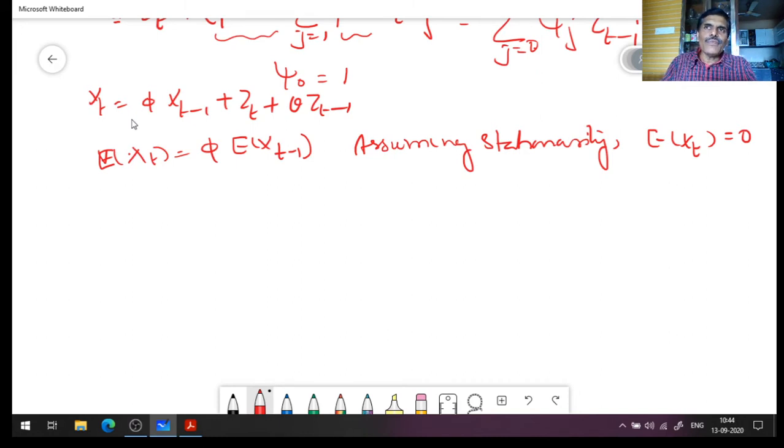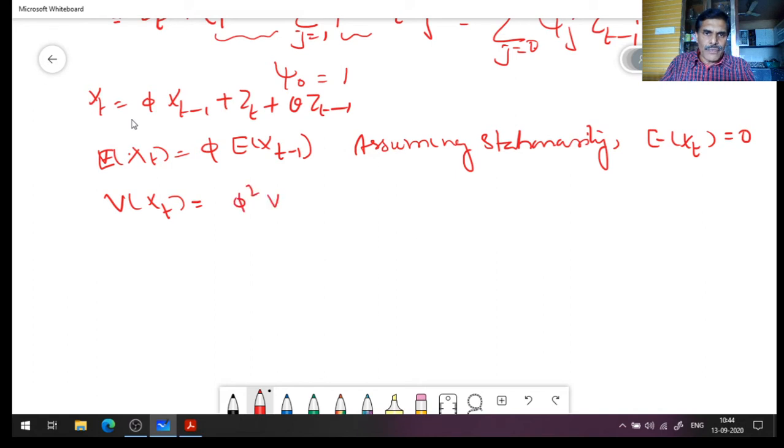But phi equal to 1, we have a dangerous situation. We have seen that the convergence will not happen. So there cannot be an xt like that. So the case is absolute of phi less than 1. So when absolute of phi is less than 1, the only possibility is phi equal to 0, because otherwise this will not be equal. So mean is 0, and variance of xt is equal to